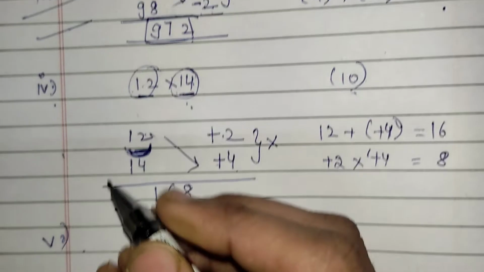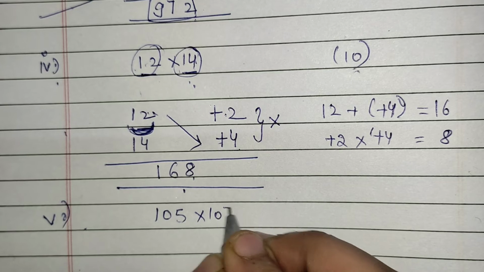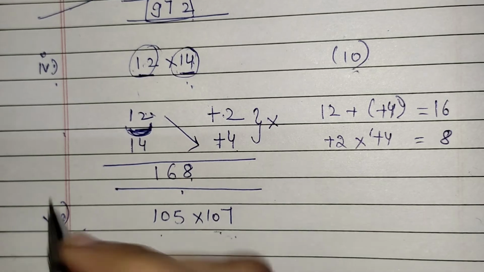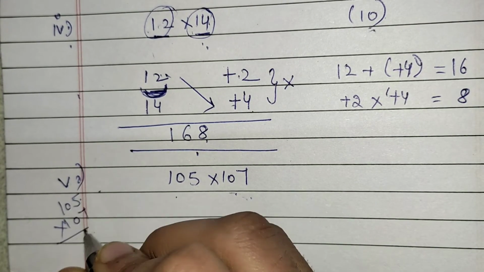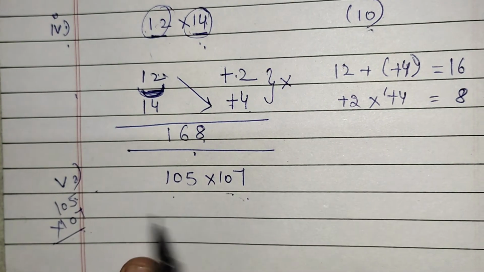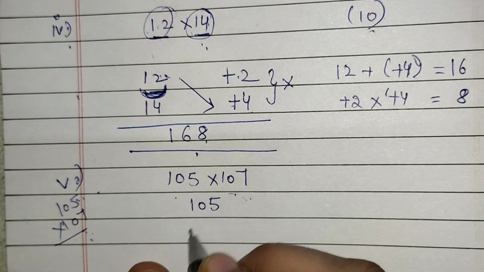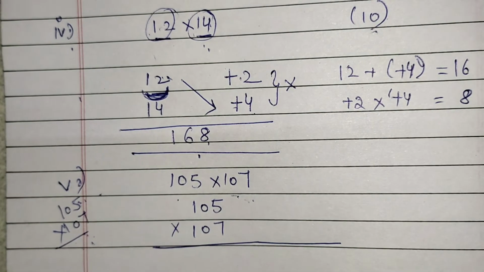Okay, so these are simple ones because you know the tables till 25. But when these values become larger, like suppose 105 into 107, then it becomes very difficult for you, right? So to solve these types of questions, what you do in your exams, in your competitive exams mainly, you will multiply like this, and it will waste a lot of your time. So this is the technique. By using that you can find your answer within a few seconds.